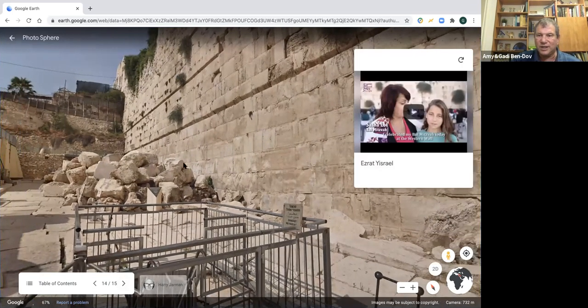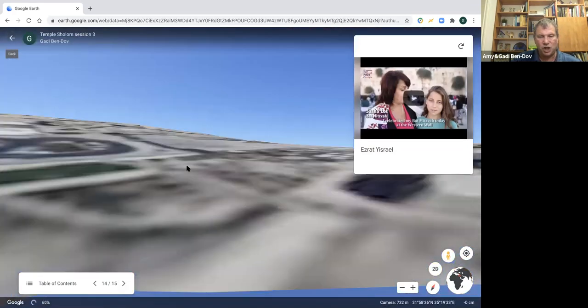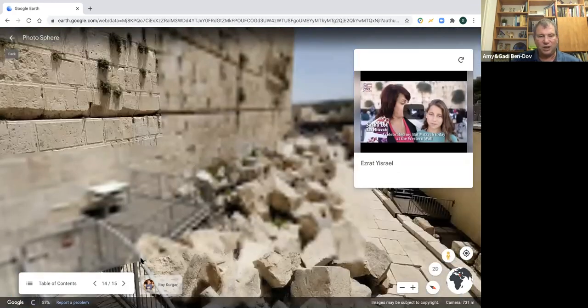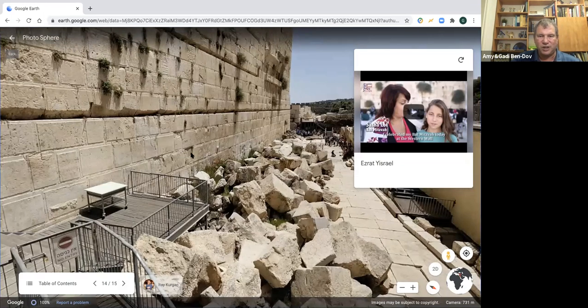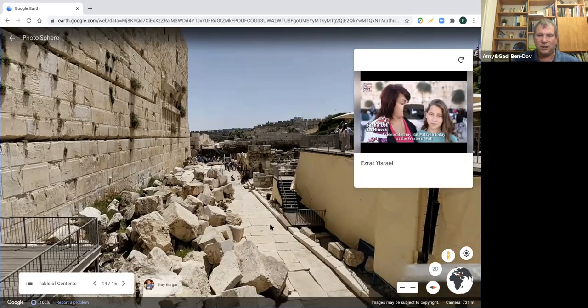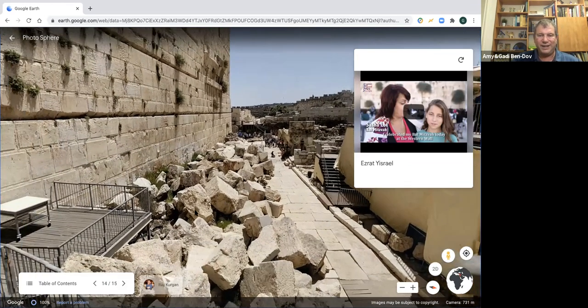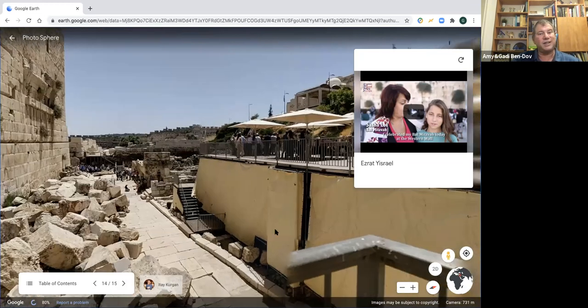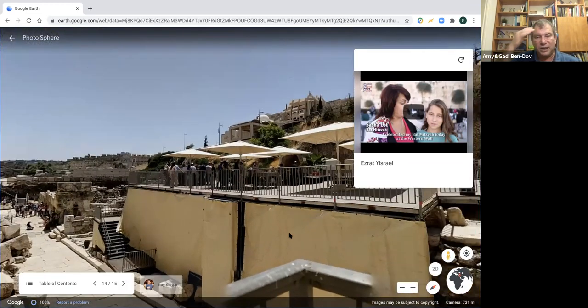Let's continue and see what else I brought here. I wanted to show you a place called Ezra Israel, which is, you see, this is Robinson's Arch over here. We were down here. You can see the street level very nicely. And this is a new section that's added in the Western Wall Plaza. It's known as the egalitarian section, where men and women can stand together, where a woman can have a bat